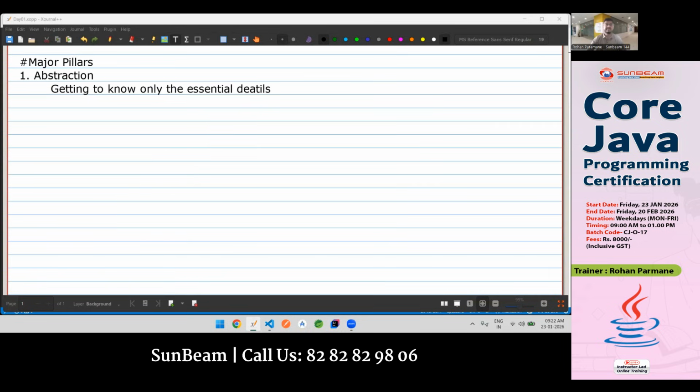Let me know. Is abstraction first of all clear to you? What is abstraction? Yes. Getting to know the essential details. जितनी जरूरत है उतनी ही details को यहाँ पे fetch down करो. Now, if you talk about the technical perspective, कि अगर आप टेक्निकल पर्सपेक्टिव में चेक करोगे what exactly the abstraction is और how the languages implement the abstraction, so this is where we could say